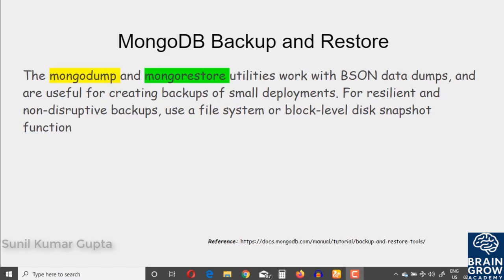But we have to take care of some things that we need to take care of everywhere. So if you are planning to go with the MongoDB backup and restore, then you have to consider something that we will discuss, and then we'll see how we can proceed with the backup and restore. So MongoDB backup and restore is the process of backing up your database. When we talk about databases, there are a few things that we need to keep in